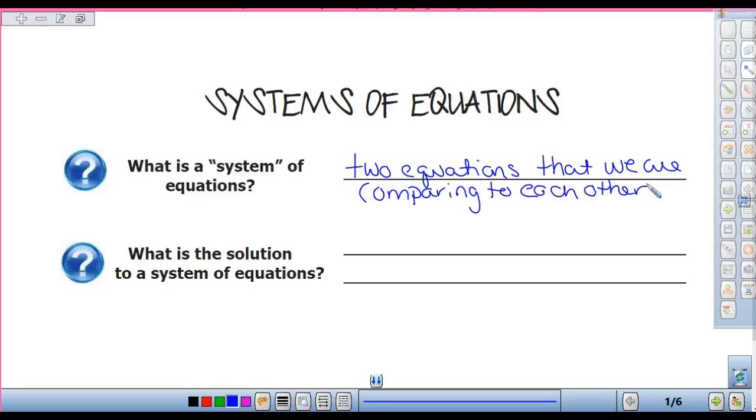Okay, so that's all we mean by a system of equations, is that we are comparing two different equations to one another. Okay? The solution to a system of equations